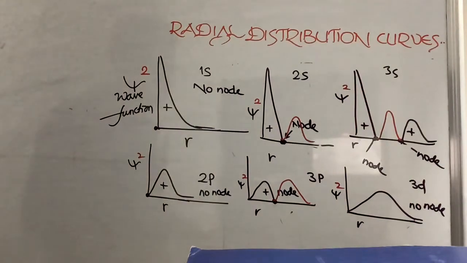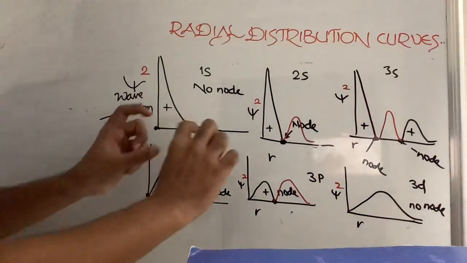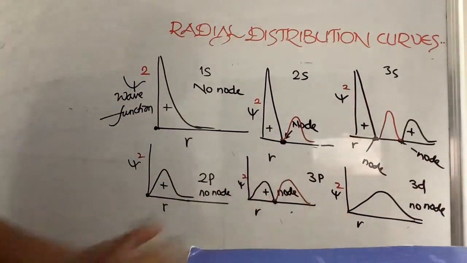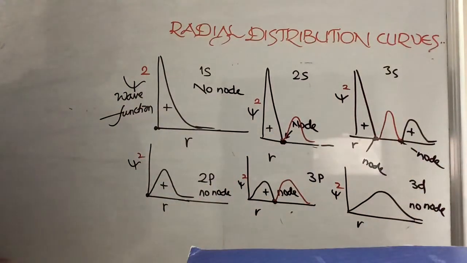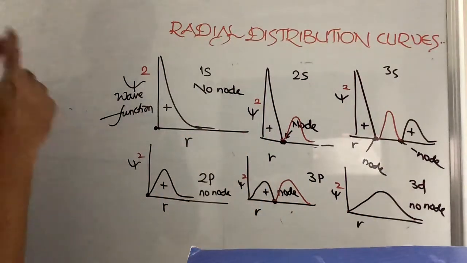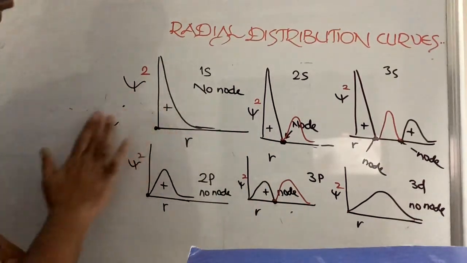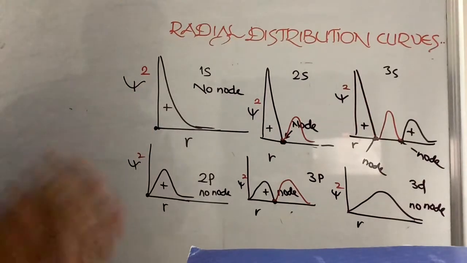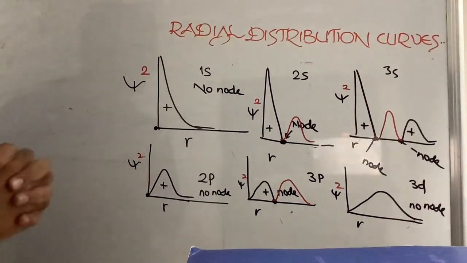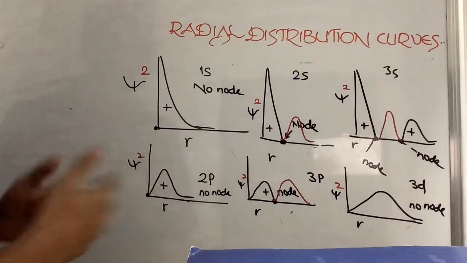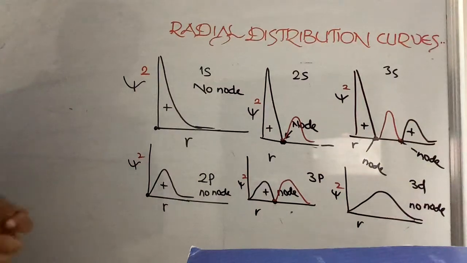Only difference is whatever the negative values are there, this was negative, we made it up. Just flip them upside, that's all. Positive will be positive only, negative will be converted into positive values. Psi square is not now wave function. Psi square is called probability function. Both are having same meaning, that is finding of electron, the probability or chances of seeing the electron, that is only psi or psi square.